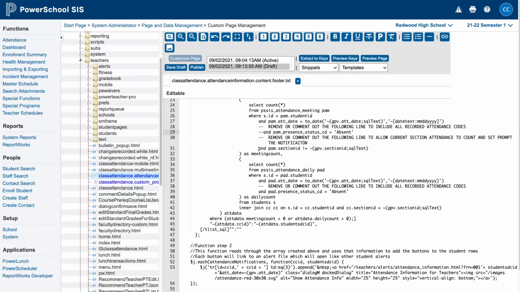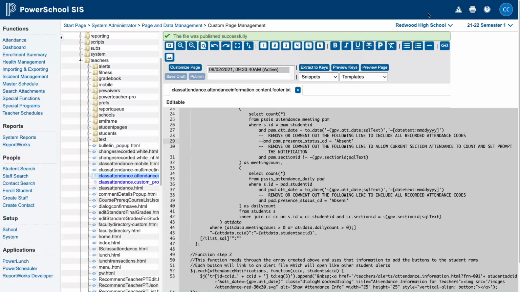It's also set up so that if I'm the only teacher who has marked a student absent today, I'm not going to see that chair on my section. I won't see that until somebody else marks him absent in a different section other than mine. But we can comment that out too, so that I could see it after I have marked him absent in my class. So if we publish this and then go back to our teacher profile